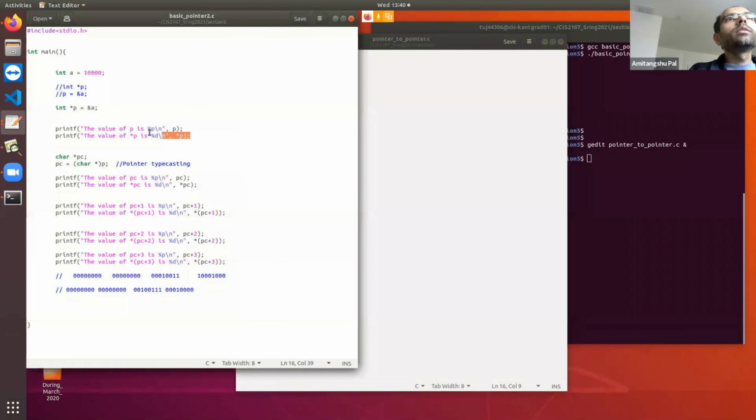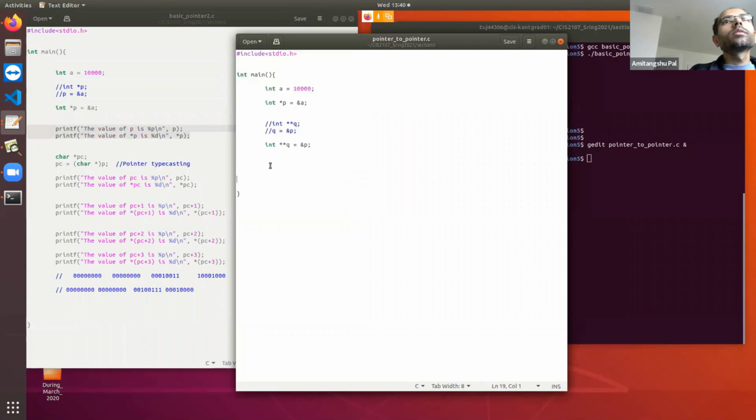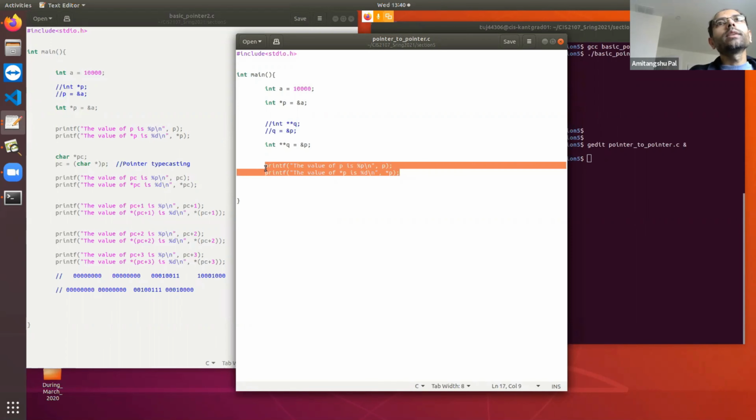Now let's print this same sentence, which at this point you must have understood. The value of p is going to be some address and *p is going to be 10,000, right? Now let's print the value of q and *q.